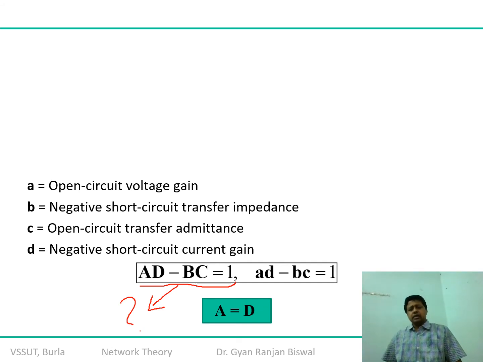So whether you write in capital or in small letters, it doesn't make any difference. But this statement says that if your given matrix is satisfying this condition, that means the transmission network is reciprocal in nature. Similarly, I hope that now you will be able to appreciate what about this condition. Can you say? Let me highlight this one like this.